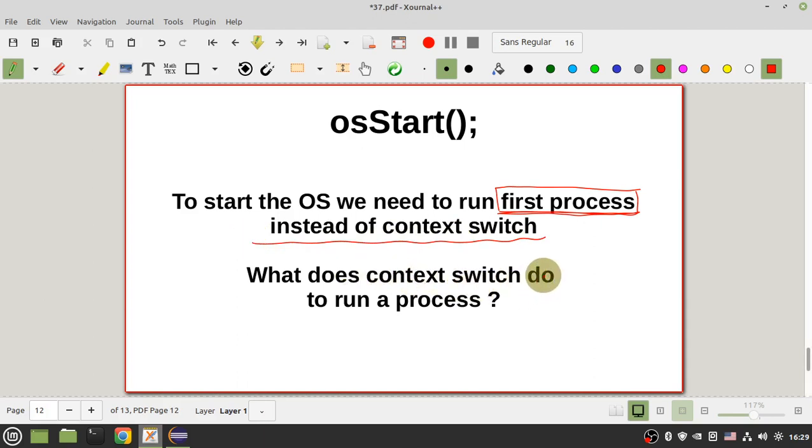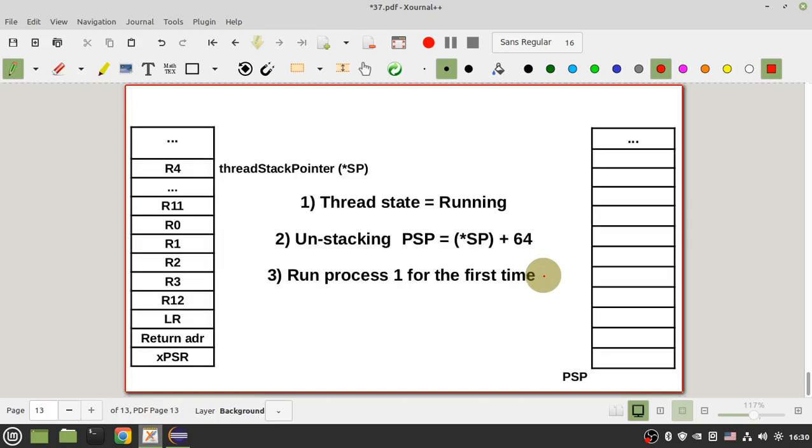But what does context switch do to run a process? Here. As I said, you have this address. Assume that here is process1 stack pointer when it's in ready state, and here is process1 stack space when it is in running state. Okay, first you need to change the state of this process to running. After that, do unstacking by yourself. Okay, first context switch, put this address in PSP, and do context switch and do